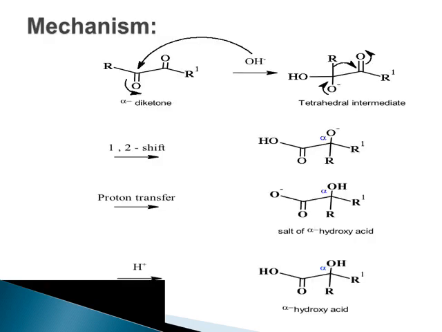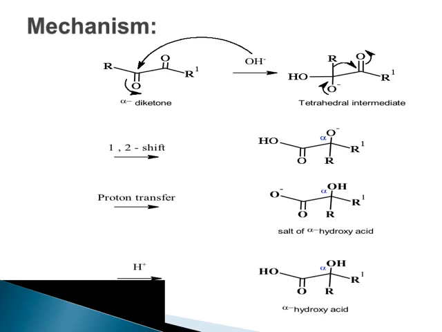Mechanism of this rearrangement. Now, we have a base. So, this base will attack the electron deficient carbon atom, it will attack any one of the carbonyl groups, and oxygen acquires a negative charge. It generates an intermediate which is called a tetrahedral intermediate, because we get an sp3 hybridized carbon atom whose geometry is tetrahedral. So, that is why the intermediate is known as tetrahedral intermediate.